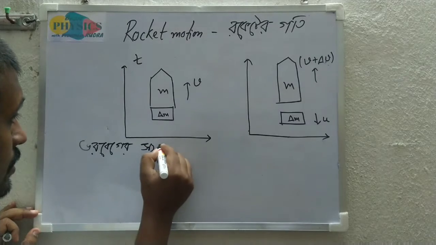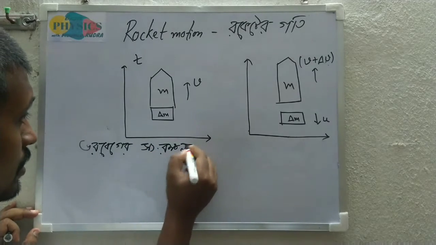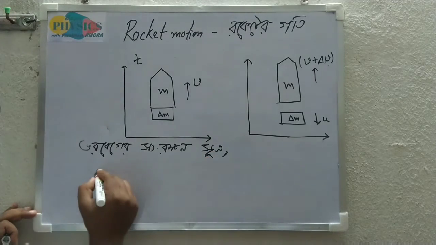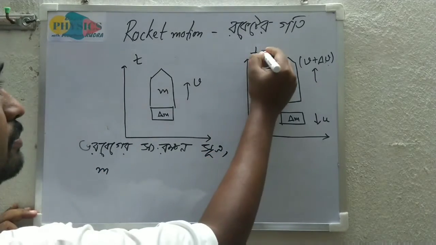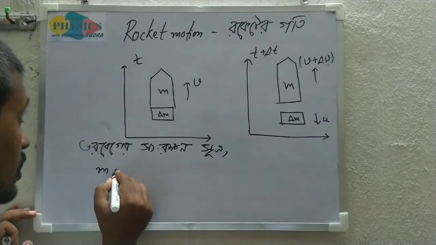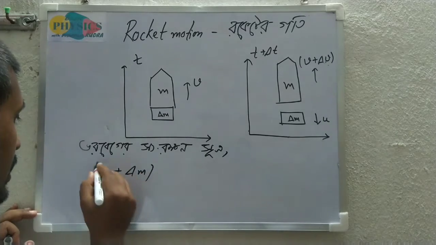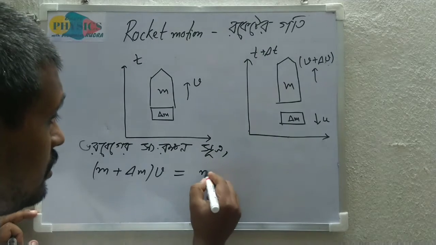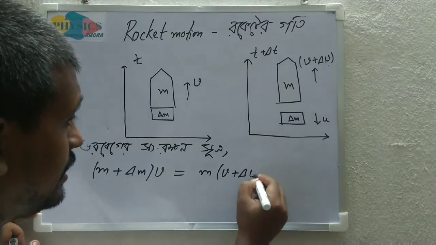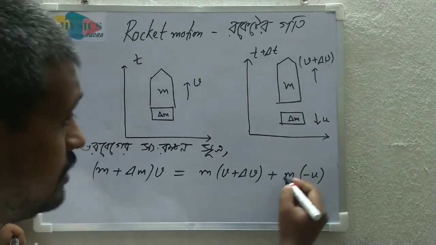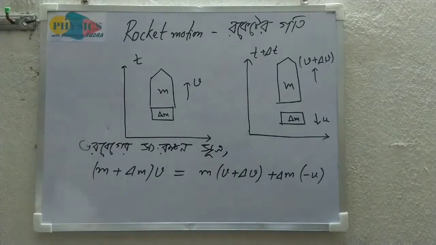we can write down (m plus delta m) v equal to m into (v plus delta v) plus delta m into (minus u), that is, minus u delta m. Now from this equation we can write